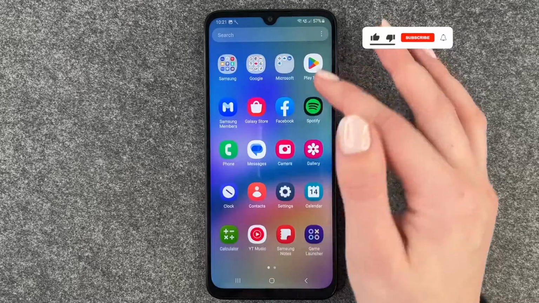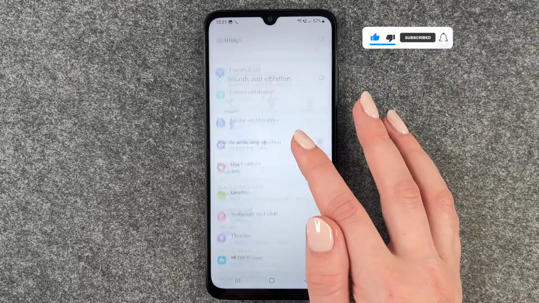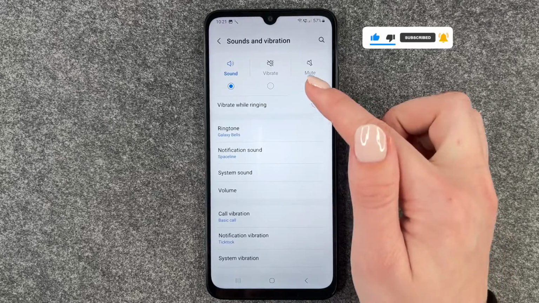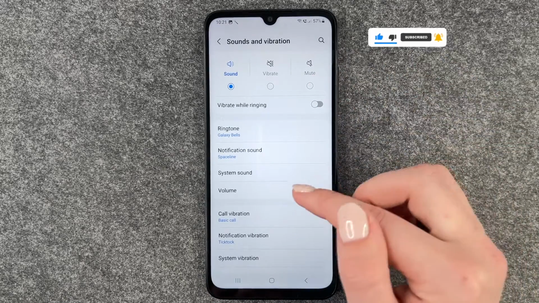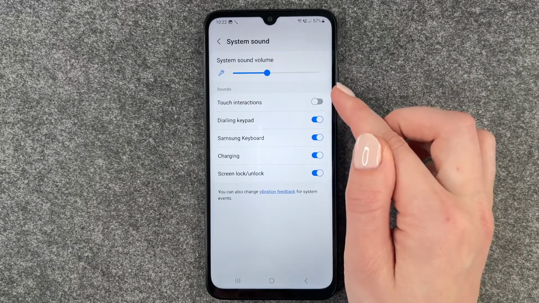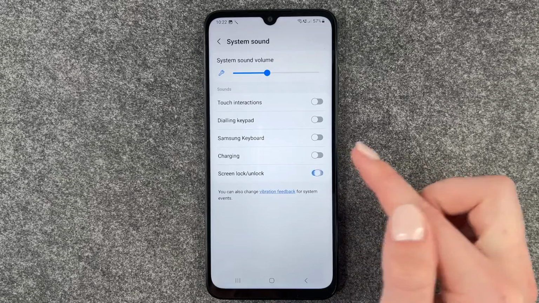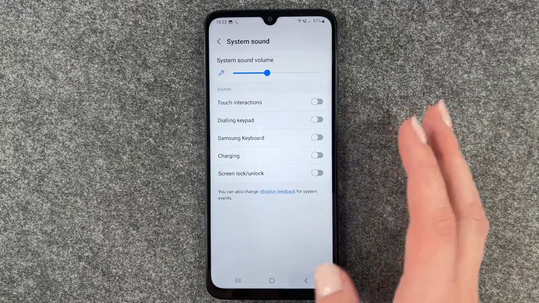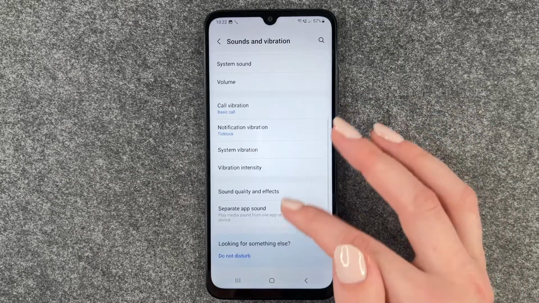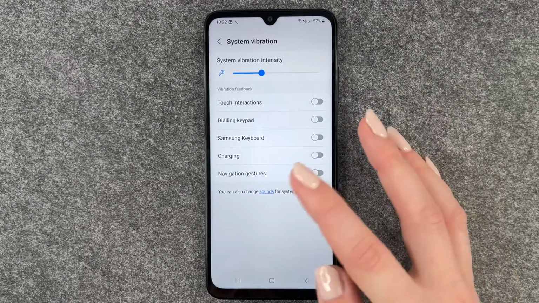For that you want to go to your settings and here you want to go to sounds and vibration, and then you have some settings you can set here in general. We have the system sound and here we can turn off the dialing keypad, Samsung keypad, charging and screen lock sound. If we go back again, we have a system of vibrations and you can turn off that in general